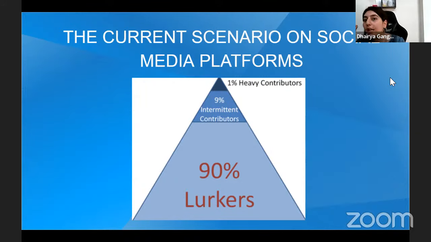What this pyramid is showing and why I'm showing it to you at the beginning of this session is, as a student today, if you have to stand out from the crowd, creating content on social media and having an impressive social media profile is one of the easiest ways to do so. It may be a very heavy statement to make, but it is the reality. Students today,